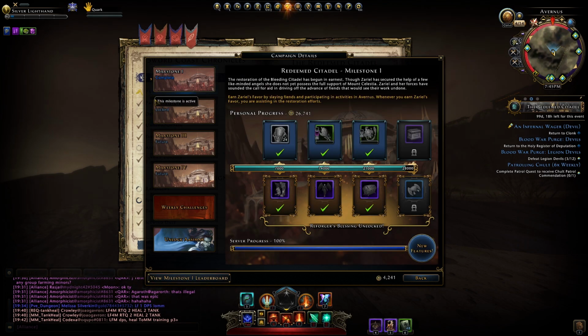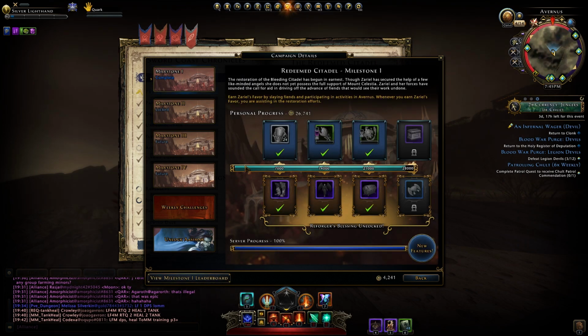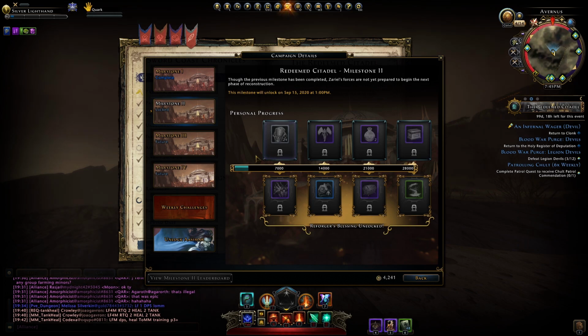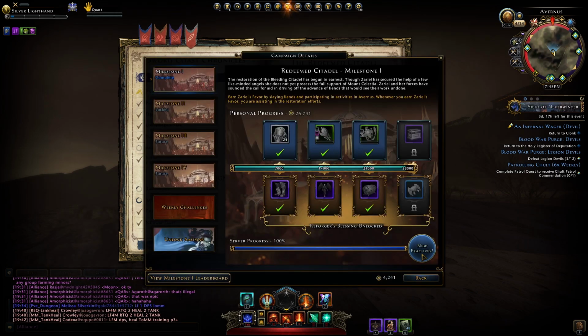But Milestone 2 has not started because it's not going to start until September 15th. As you can see, it says it will unlock on September 15th at 1 p.m. But in the meantime, you can work towards progressing in the first milestone, get everything that you missed, and then work on farming the hunts and stuff until Milestone 2 comes out, which, yeah, I don't think this is supposed to be happening. But the big important thing that came out is hunts, and I'm going to be talking all